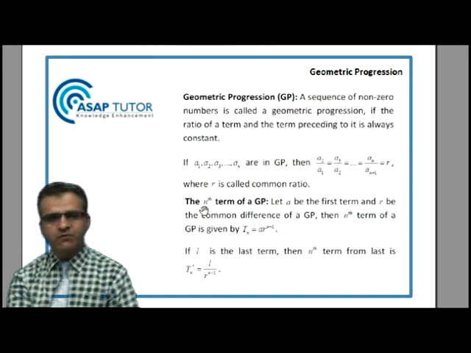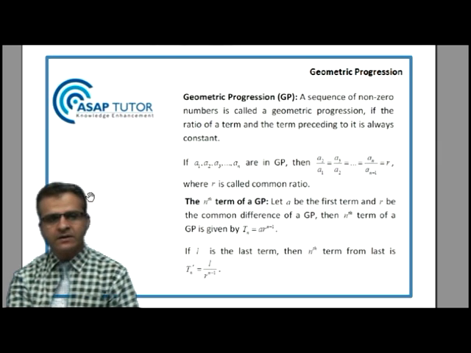Now, whenever we have a progression that is in GP, or a geometric progression, we have a formula to find the nth term. The nth term we generally represent by Tn. So Tn is equal to A times r raised to the power n minus 1. And similarly, if we have the last term denoted by L, if n is the last position and L is the last term, then the nth term from the last term,